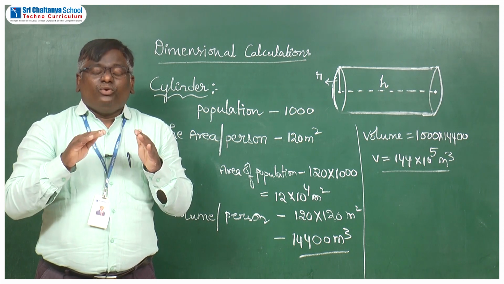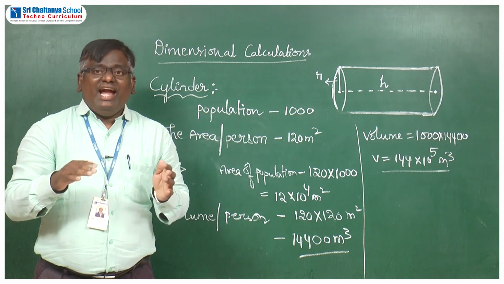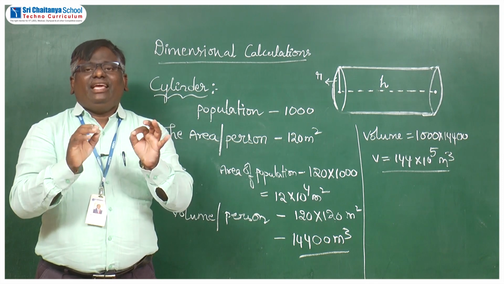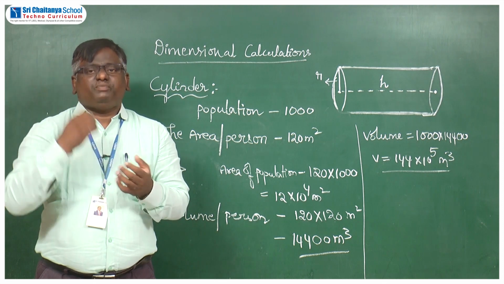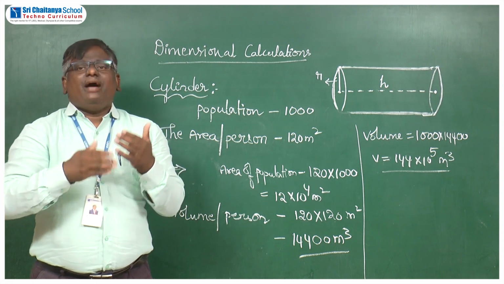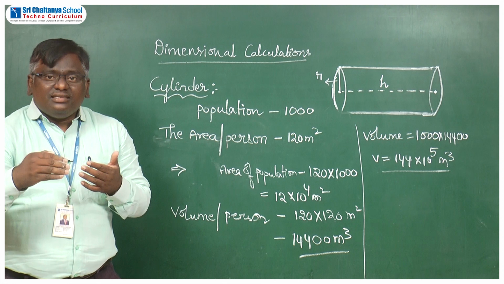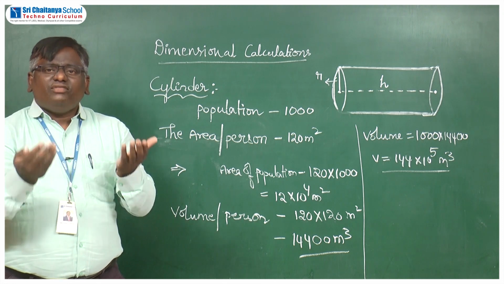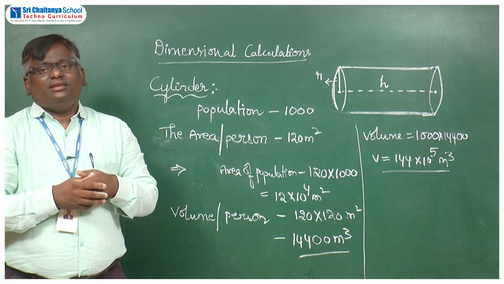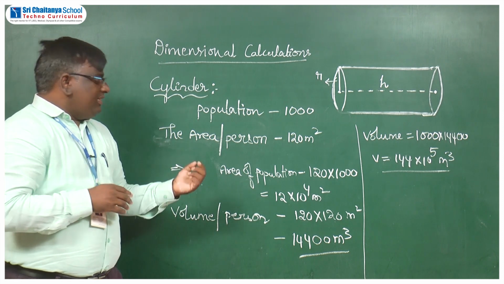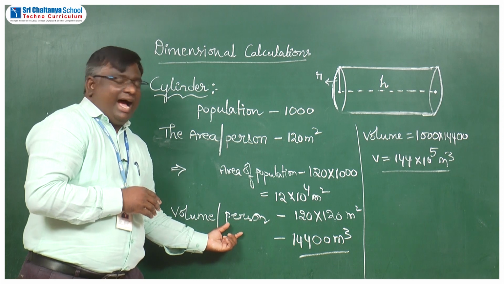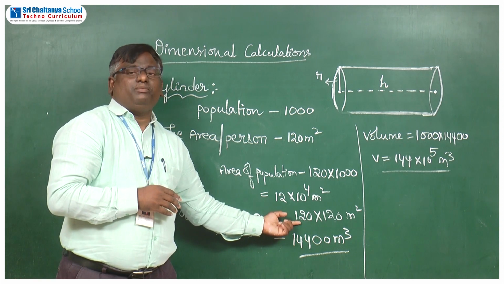But when it goes to space colony, the height will be the diameter of the shape you have taken. If it is a sphere, the diameter of the sphere. If it is a cylinder, the diameter of the cylinder. If it is a torus, the diameter of the torus will be the height of the building. So based on that, the volume per person will be, I have taken 120 as the multiple right now.